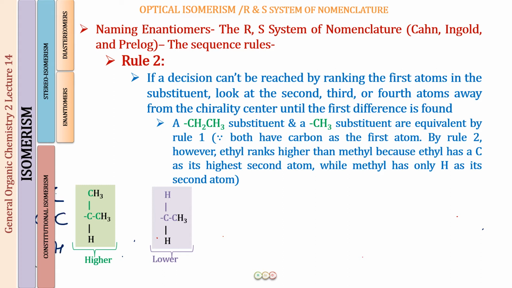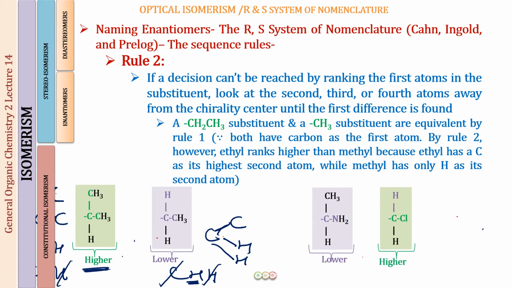So you can write it as C, C, H, and on the other side it is going to be C, H, and H. So this is C, H, H. This is going to cancel out, this is going to cancel out. What is going to be left is this side, this C, and this is H. So this will be a group of higher priority. Let us see one more example.